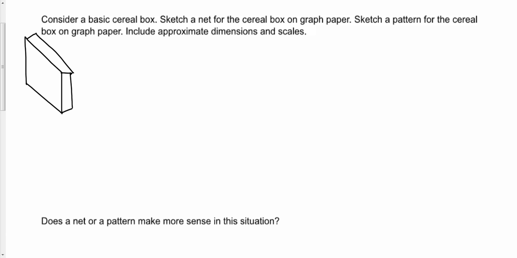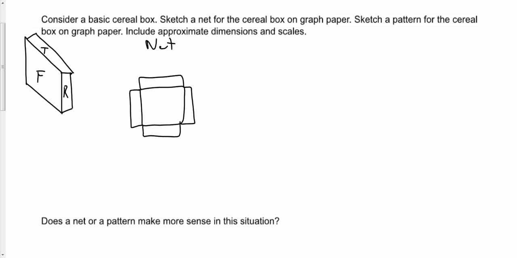If I want to make a net diagram of my cereal box, again, my cereal box is going to have a front and a back. It'll have a top and a bottom, and it'll have a right side and a left side. So my cereal box will have a front, a top, a left side, a right side, a bottom side, and a back side. So for example, we've got a front, a top, a bottom, a left, a right,